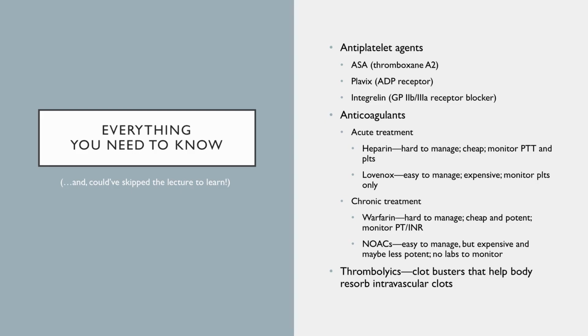For chronic treatment, to send patients home on, we would use warfarin or the novel oral anticoagulants. Warfarin is hard to manage, but it's cheap. We just have to monitor the ProTime and INR. For NOACs, it's easy to manage, but it's expensive. And there are no labs for us to monitor with those. And then finally, we have thrombolytics. These are the clot busters that help the body to resorb intravascular clots. And that is what you need to know about saber-toothed tiger injuries. All right,